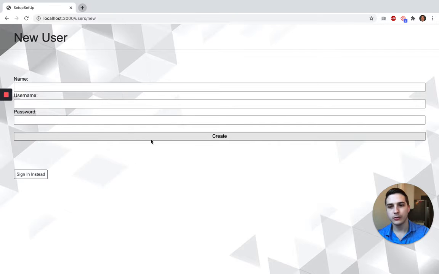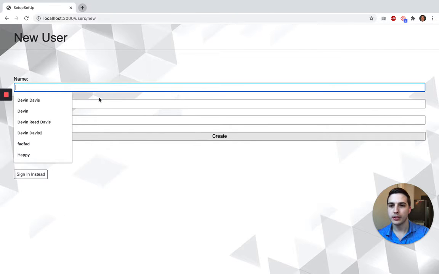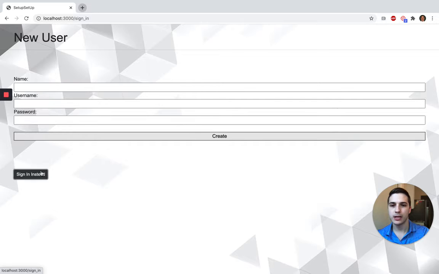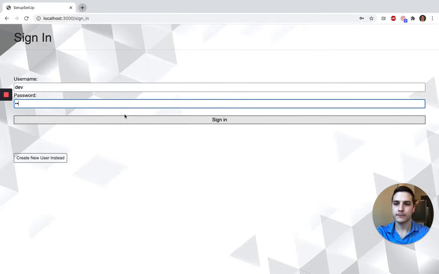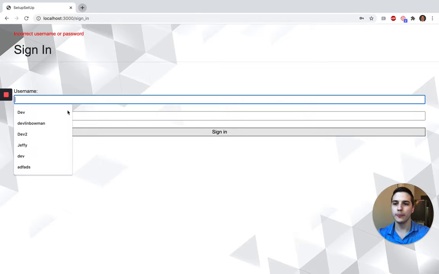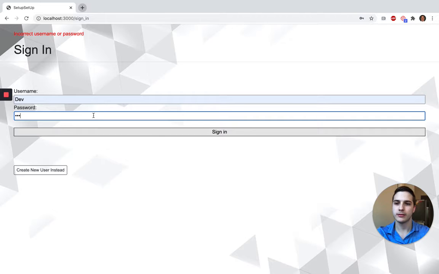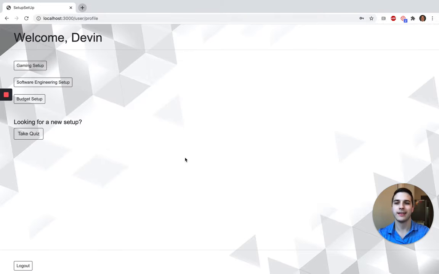We can create a new user. I can put in name, username, password, create, but let's sign in instead because I have an account already. Oh, can't get into my own account. So this brings you to a profile page showing my current setups,